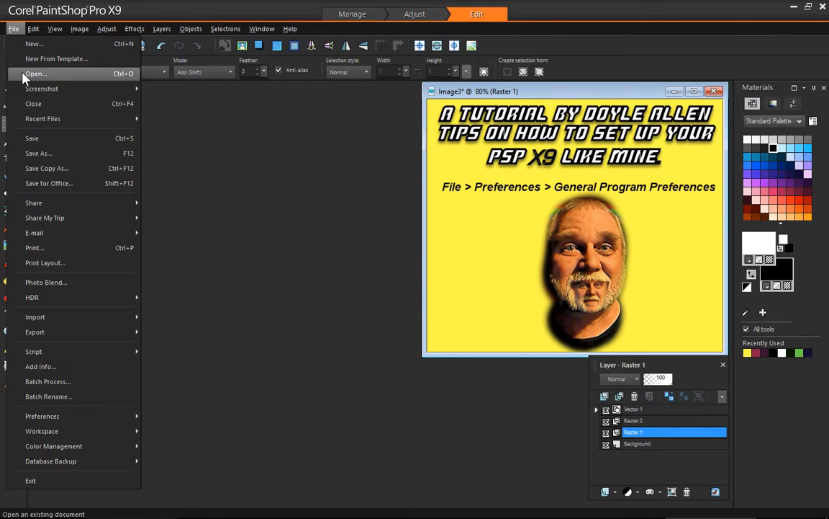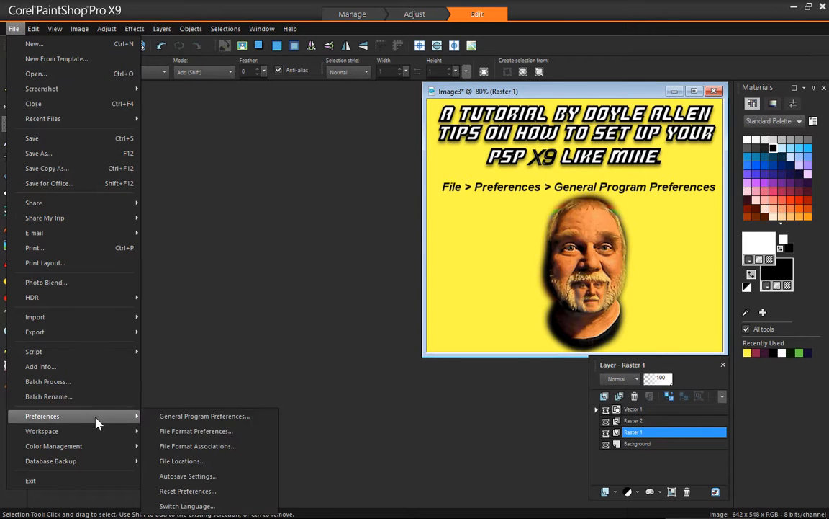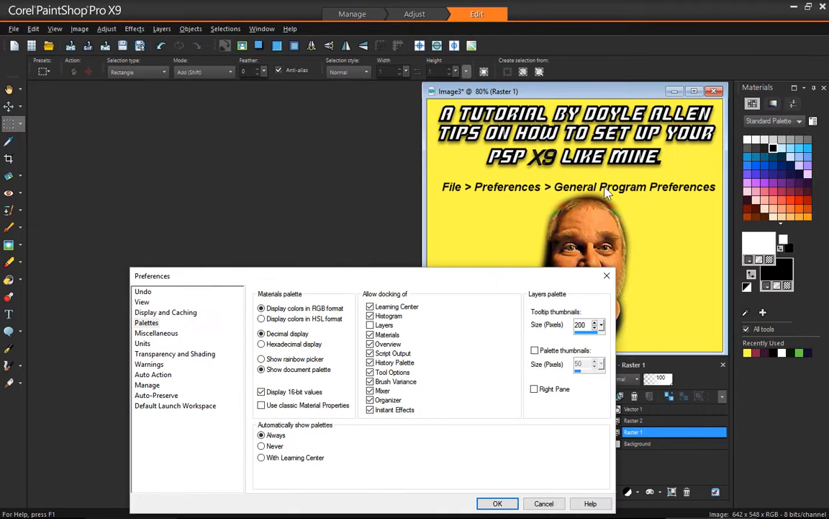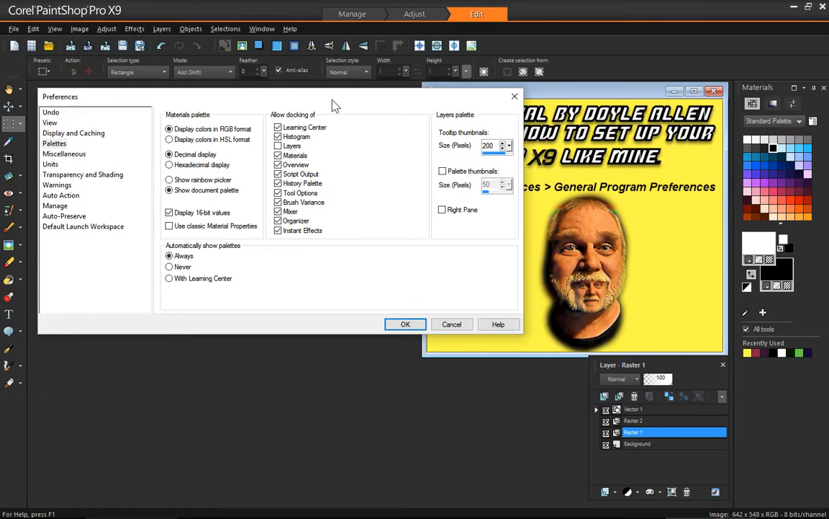So let's go File, Preferences, and General Program Preferences. You can see I have it listed there. And just to remind you, you can use the pause button anytime, and I suggest that you do that. Make friends with the pause button, so when you see some of these settings, they won't go by so fast. You stop every time you see new settings shown. That'd probably be the best idea for you. So we're in Corel's PSP19,